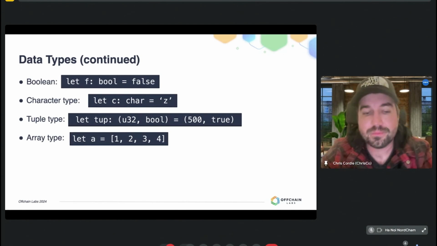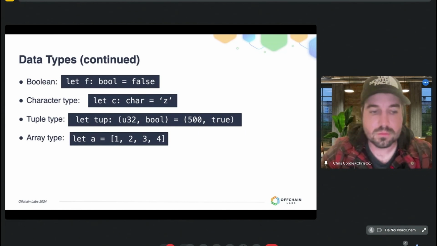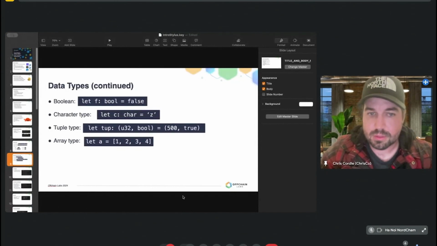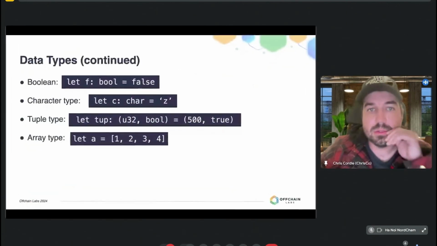And then let me make sure that my audio is working. I want to make sure that I'm okay. Thank you. All right, I just got an error message. So okay,